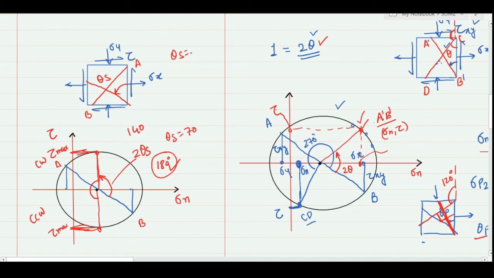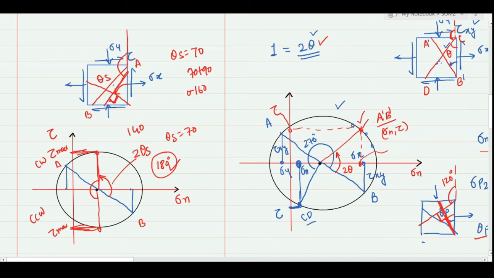the second will be just 90 degrees ahead. Here one is 70 degrees, so the next one will be 70 plus 90, that will be 160 degrees. So here I can make one plane which is 160 degrees from this vertical line, so it will be somewhere here, and I can say that this would be my second shear stress plane, and the two shear planes will again have a 90 degree angle with respect to each other.